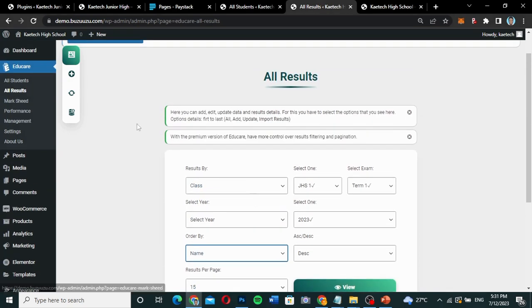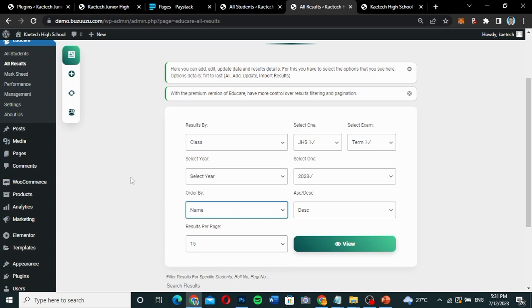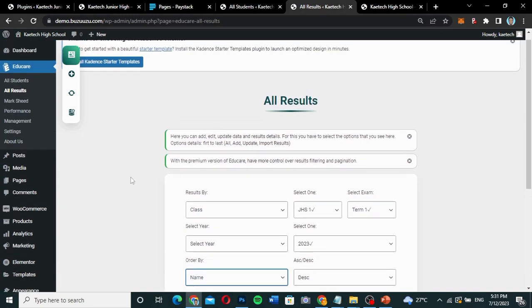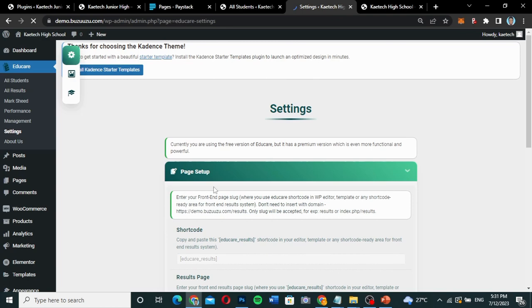Now we've gone through all the settings. The only thing that is showing a problem is over here. But if you cannot view it at the admin side, let's try and check it at the front end also and see. To be able to check it at the front end, what we want to do is go to all pages over here. First of all, let's copy the shortcode before we go to the pages. So we go to settings over here,